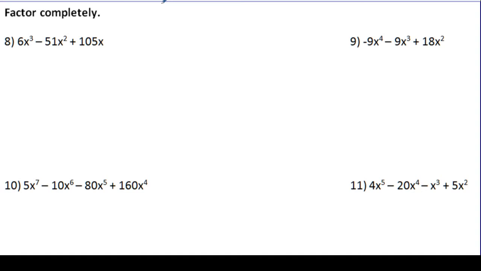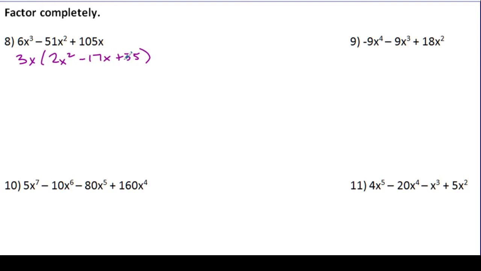Okay, so taking a look at this first problem, number 8 here, it looks like when we start off, there's a GCF. In this case, there's a 3 in each of these values. So when I pull out a 3, I'm also noticing that there's one x in common that I need to remove as well, right? So I'm going to remove that and say 3x, and it looks like I'm left with 2x squared minus 17x plus 35. This expression on the inside is a quadratic trinomial with a 2 at the beginning,